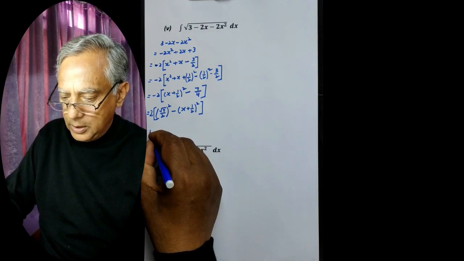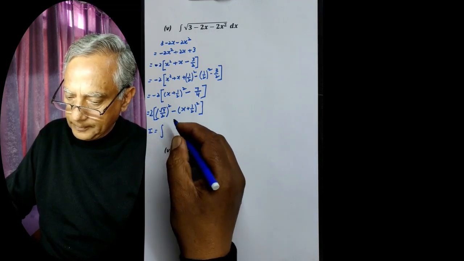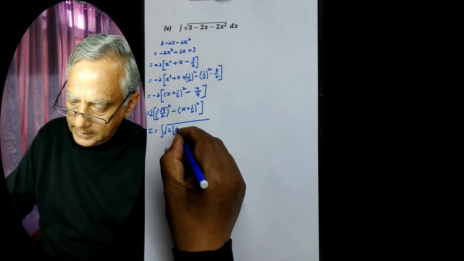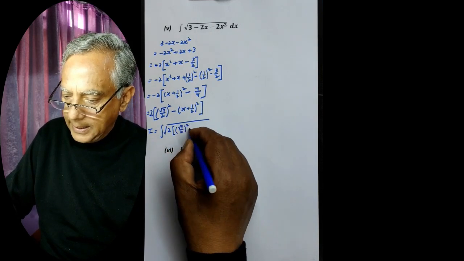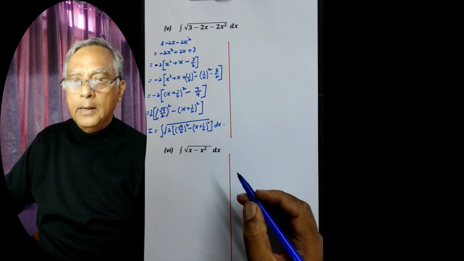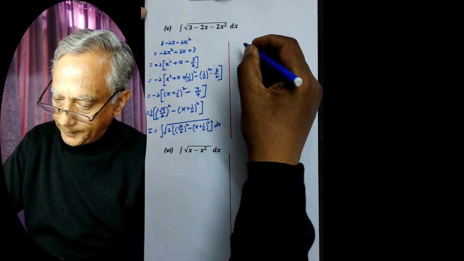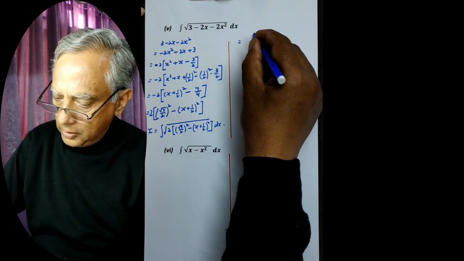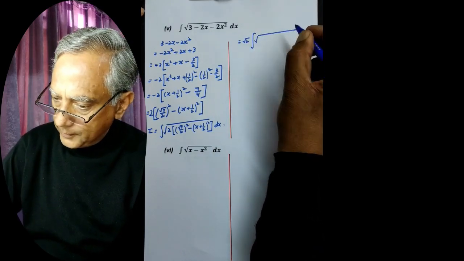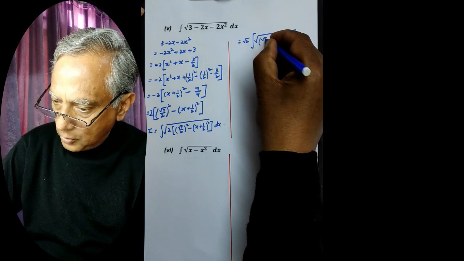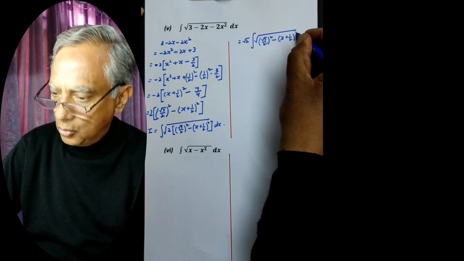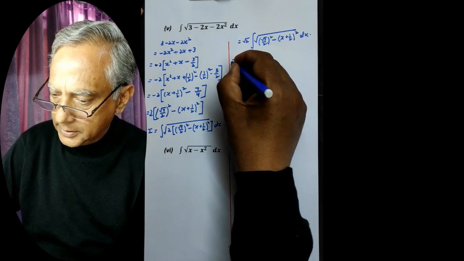So this is equal to I is equal to integral of under the root 2 into root 7 by 2 whole square minus x plus 1 by 2 whole square dx, and this is equal to integral, this root 2 will be common, root 2 into under root 7 by 2 whole square minus x plus 1 by 2 whole square dx, and this is equal to root